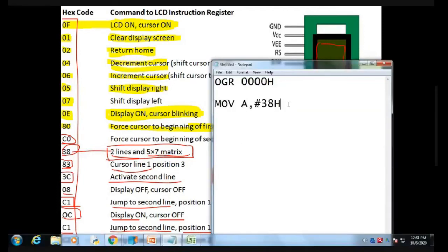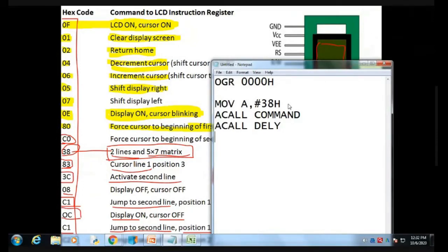So this is my command. I am going to call the command subroutine, that is, ACALL COMMAND. Then we have to add some delay for this 38H operation, so I make an ACALL DELAY.